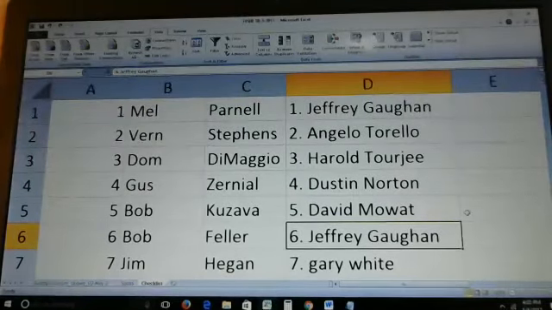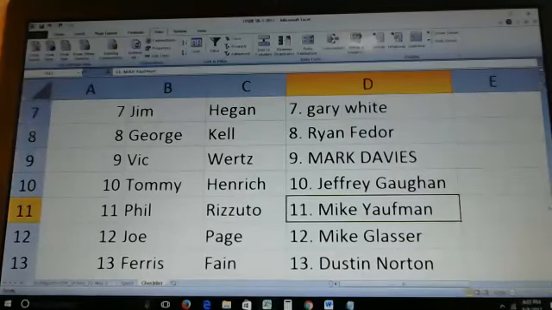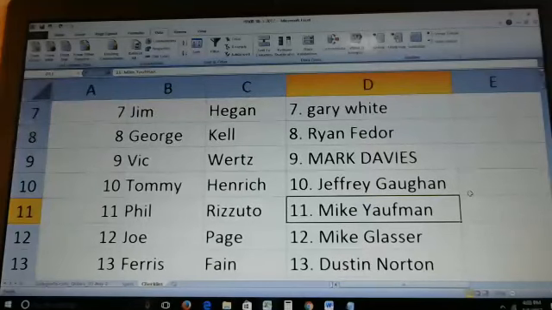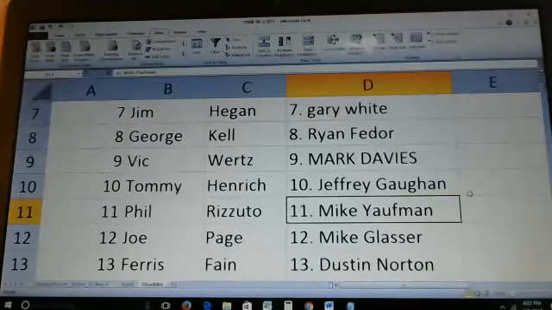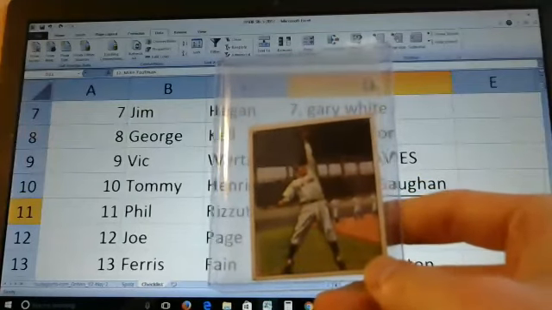Next hit we'll look at is number 11. I personally really like the small size of these Bowman, the 50 Bowman cards. I don't know what it is. I think my favorite sets are the 33, 34 Gaudy sets, so I think it just reminds me of those. But this is my favorite card in this set. And number 11, Phil Rizzuto, goes to Mike Yalfman. I feel like it's just a great image of Scooter there.